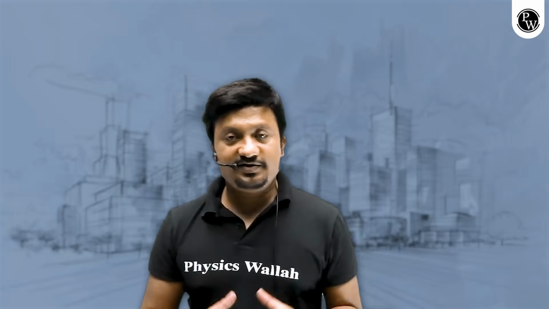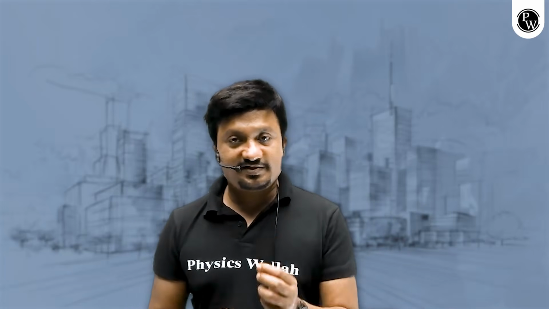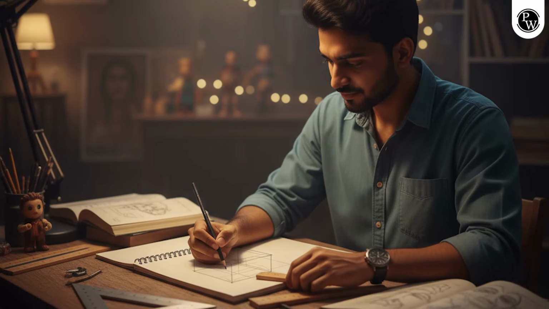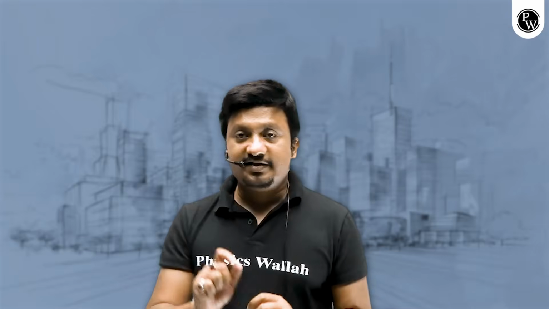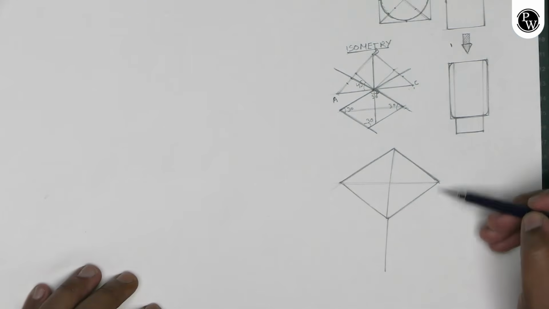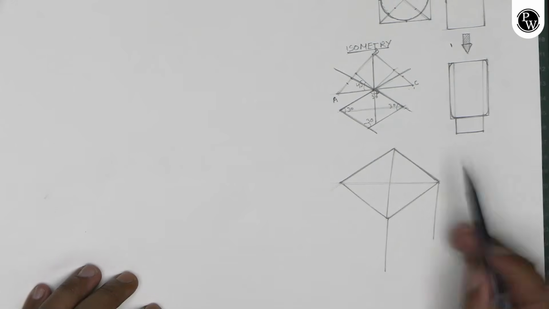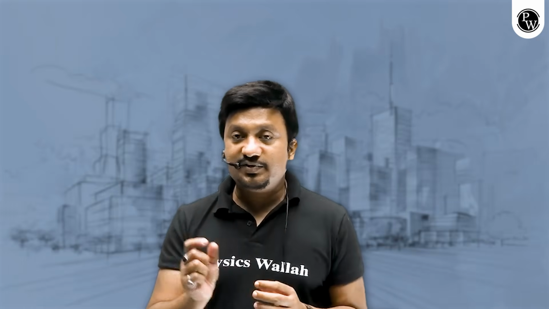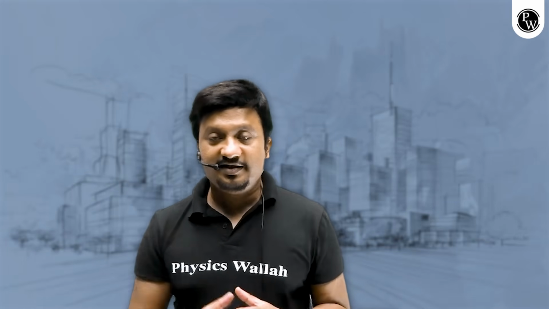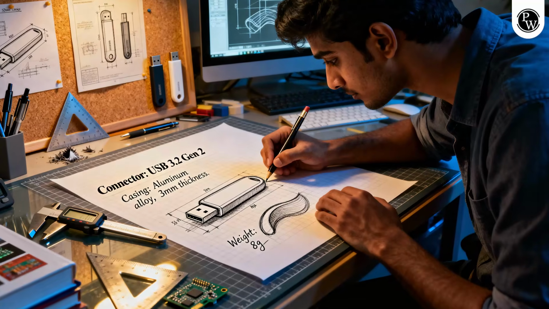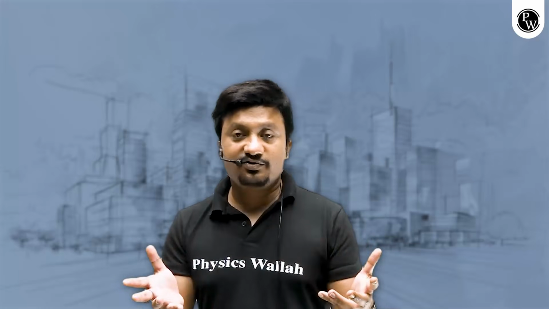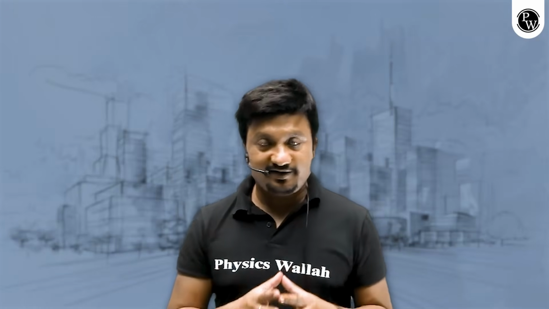Now, when you start with the product design, bachon, you should first try to make a box which is a square. When a square is made in 2D, it looks flat. The same square can be converted into 3D by making it like a cube. Now, the cube has to be reduced to some size which can give you a product which is there in front of you. Suppose you want to design a pen drive, then you have to make the cube to a cuboid size, increase it or decrease it according to the length and the width of the pen drive.